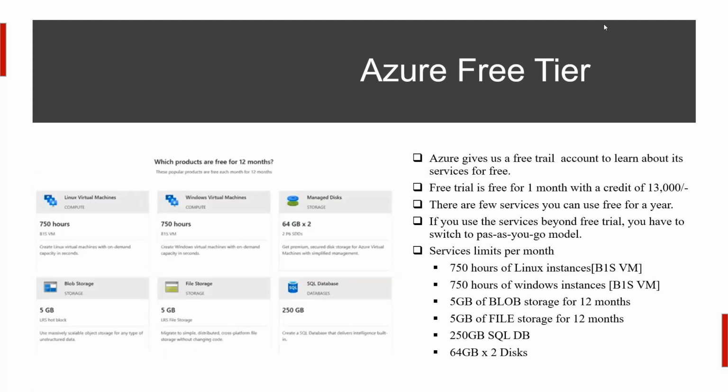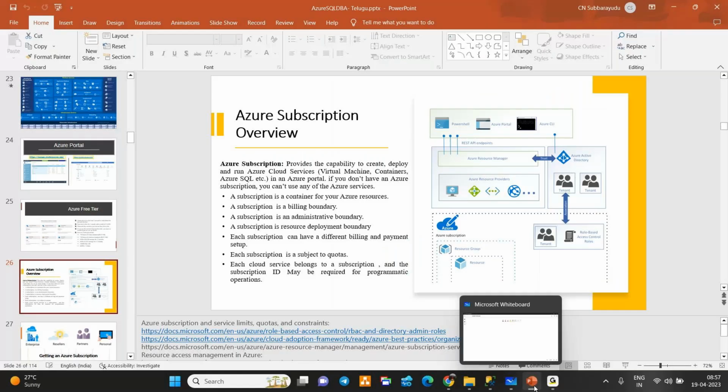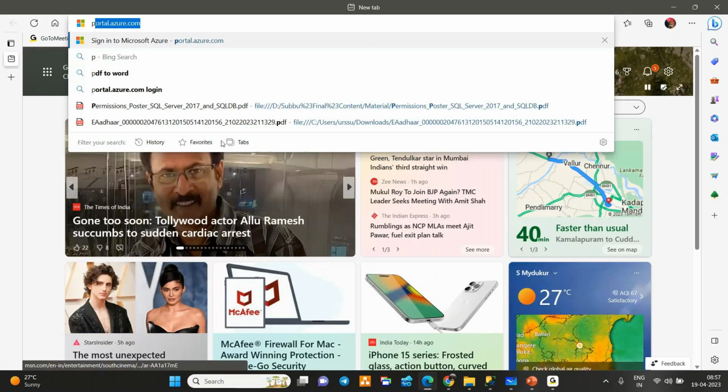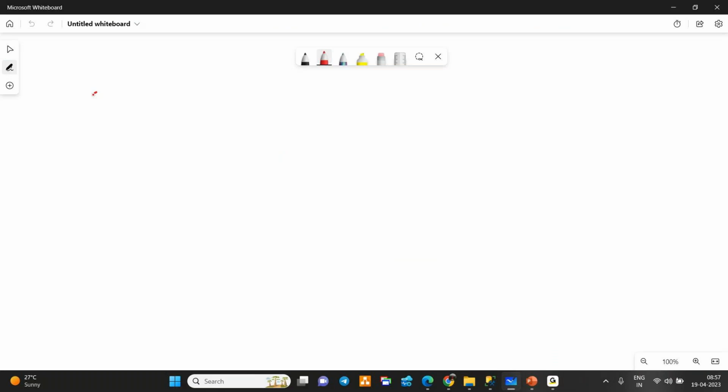Now, once you create an account, for example if I want to log in to portal.azure.com, you need three accounts specially. It will accept three accounts. What are the three accounts? One is Outlook, Hotmail,